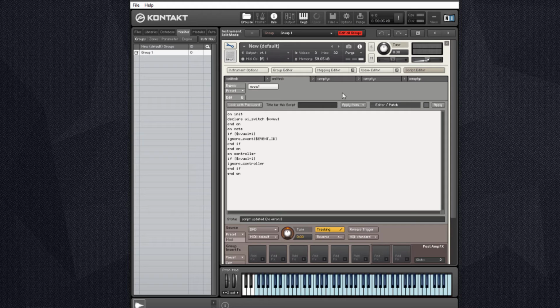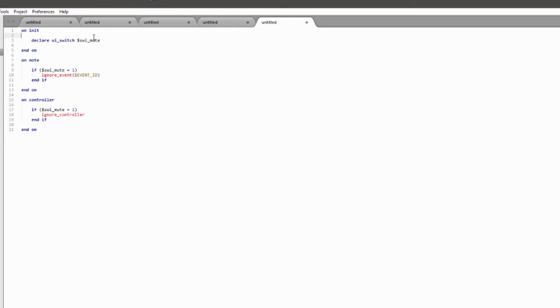And that's great, but you might not want to control it via CC, you might rather control it via a key switch. So to set that up is quite easy. What we do is, we can see we've got some spare keys down here at the bottom of the range, so we'll use this one, this is C0. So if we just declare a constant, and we'll call it key switch, and we'll give it a value of 24, which is the MIDI note number